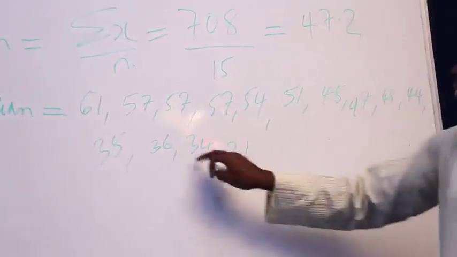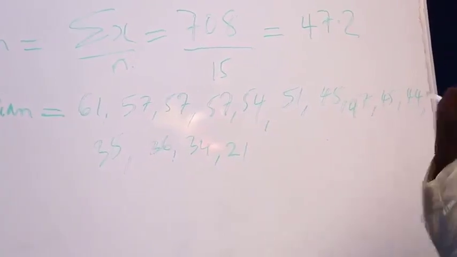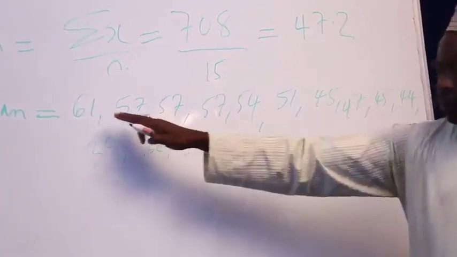So if you count them, 1, 2, 3, 4, 5, 6, 7, 8, 9, 10, 11, 12, 13, 14, 15. So there are 15 of them